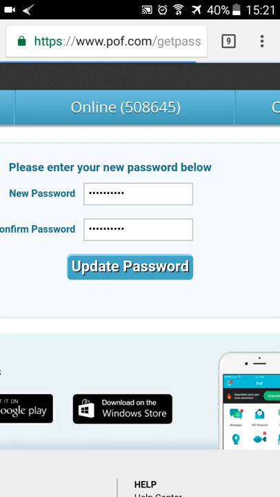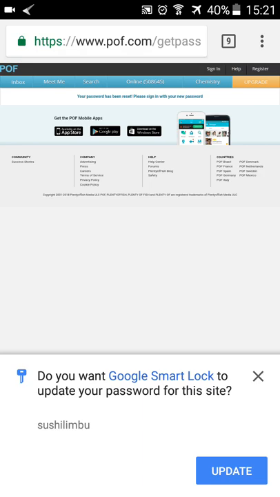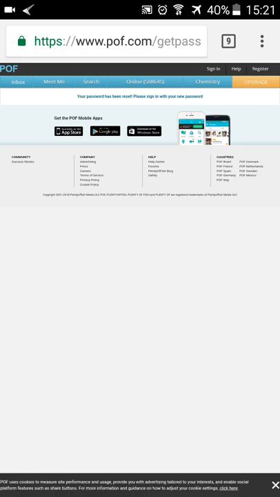And you can see that it's done. I have successfully reset my PoF password. You can easily do it that way as well. It's very simple. You just have to click on the forget your password link, and then go check your inbox